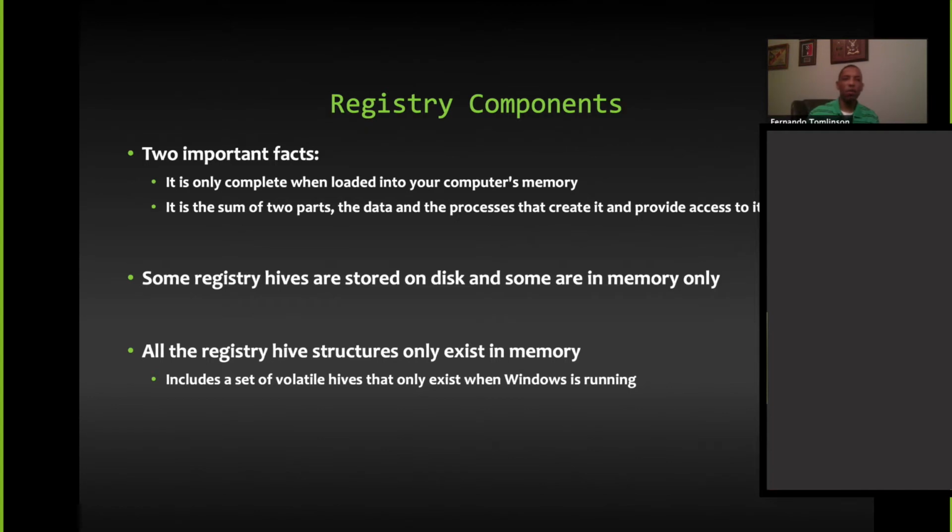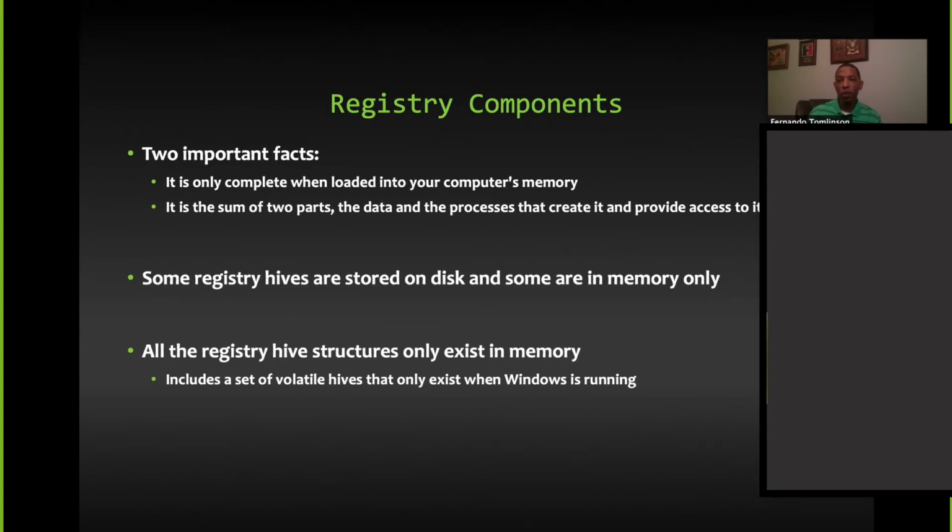So the registry itself is broken down into a couple of components, but two of the most important ones, in my opinion, is that the registry is truly only complete when it's loaded into your memory, right? As we boot the machine, we have these hives that are on the machine that get loaded into memory each time. And we've got a slide that really starts to differentiate that and what that looks like. Now, when these hives get loaded into memory, this is about the time in which they're available to us. So when we start to browse the registry, it's because they're already loaded from something on the system, put together in some form of fashion, in which it's now available for us within the registry.